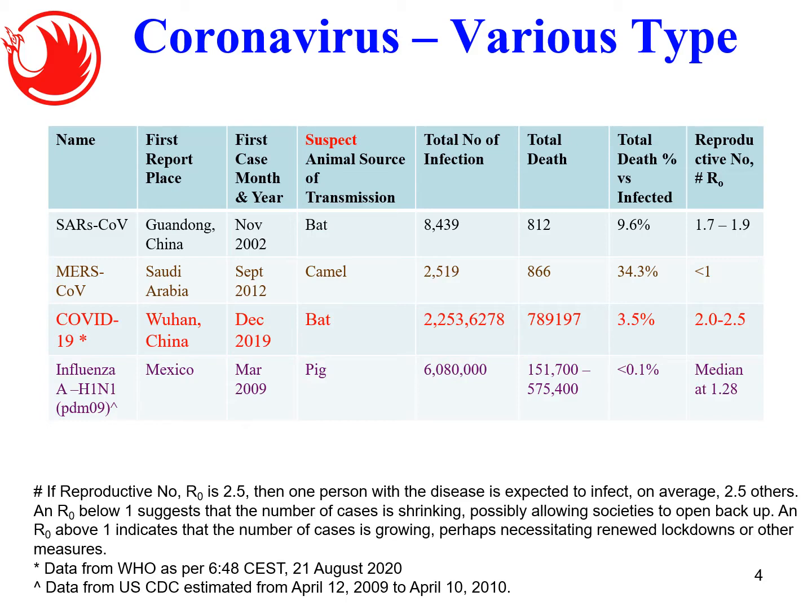And reported in December 2019. Suspected animal source is bat. Okay, I think this one is the same as SARS. Total number of infections as of 21st August, that's 2 days ago, is, as I mentioned,